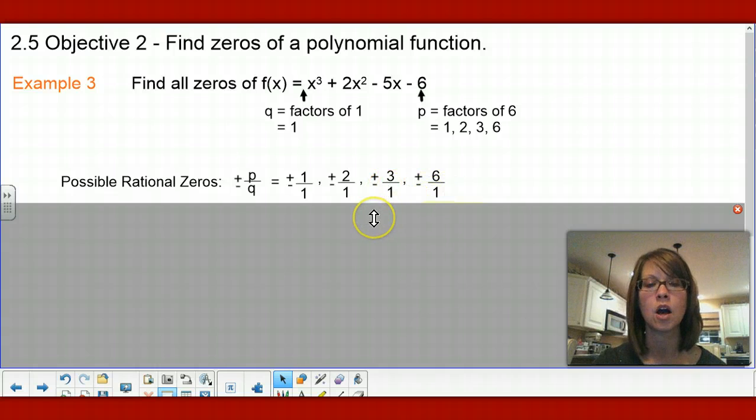So we have 8 different possibilities that we need to test to find one of them that's a zero. Once you find one of them that's a zero, you can stop testing and go on with that solving process like we did in 2-4. I like to go in order and not jump around, so the first thing I'm going to test is